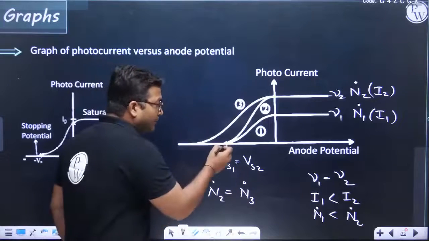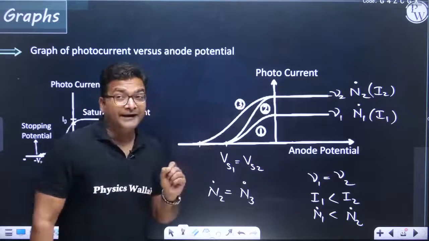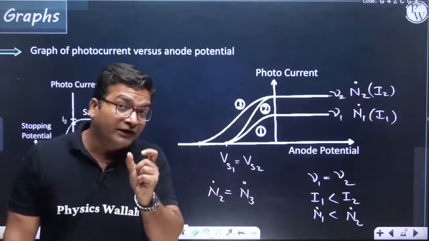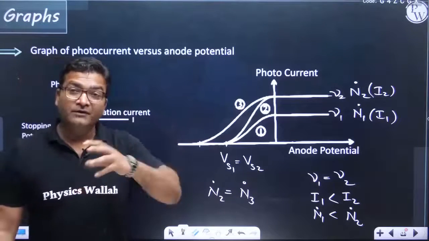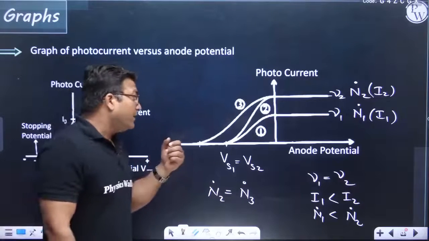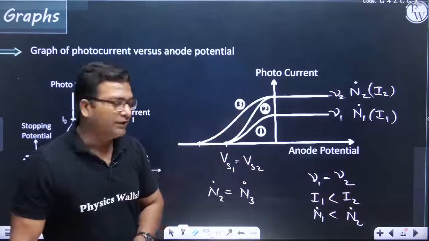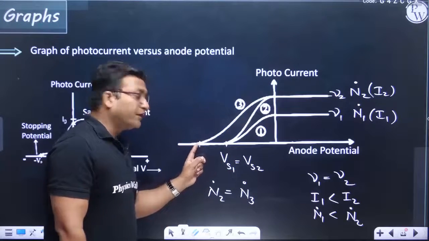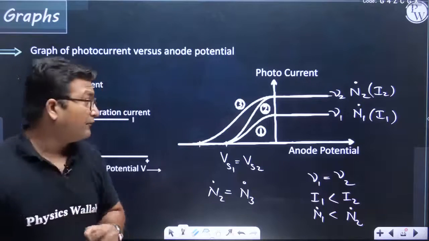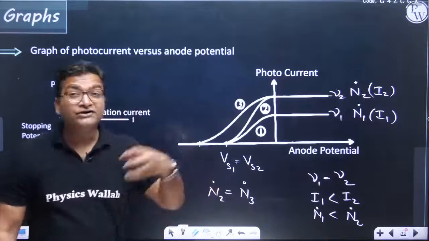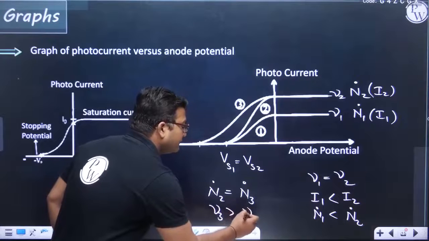But the stopping potential is different. The stopping potential for 3 is more negative, meaning the photoelectrons emitted in case 3 were more energetic. That is why we had to use a bigger negative potential for graph 3. So here we have more energetic photoelectrons, and if we have more energetic photoelectrons, it means for graph 3 we have more energetic incident photons. So for 3 we have bigger frequency than 2.